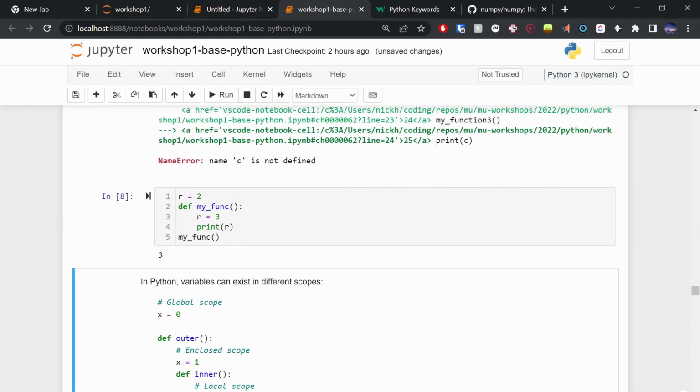R is 2, my function says R is 3, so when I call my function, it's going to say R is 3, because the local scope takes priority. Python looks at local scope first and says, is there a variable called R in local scope? Yes, R is 3.